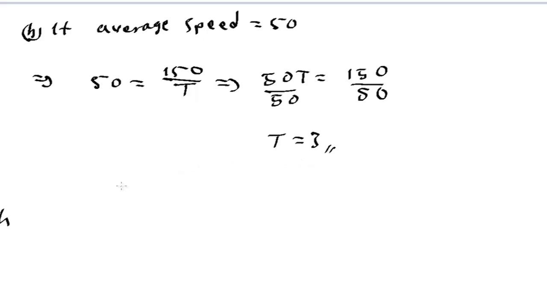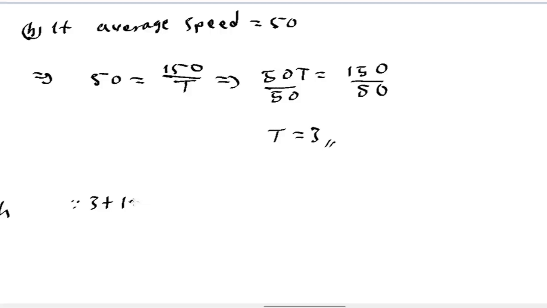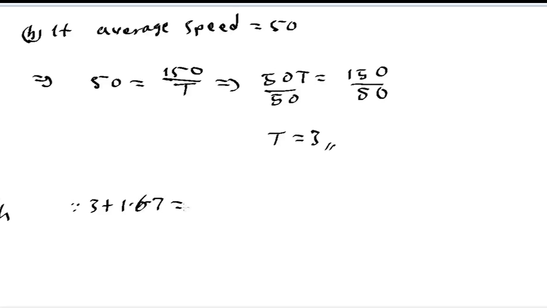So the overall effect is that the time will increase from 2.5 to 3, and that will affect the general time. Therefore, we now have the new time being 3 plus 1.67, which is equal to